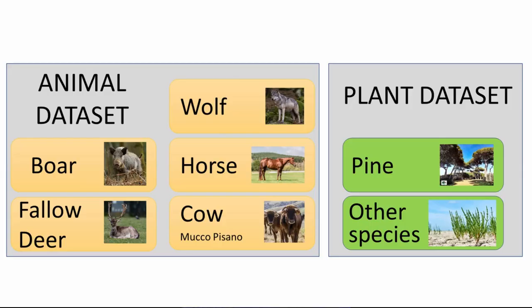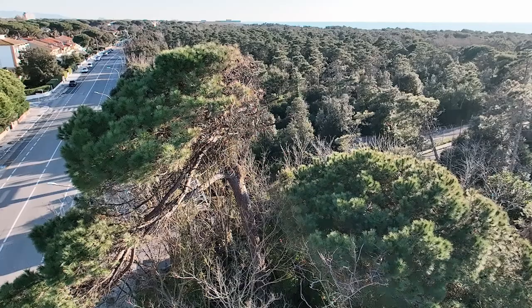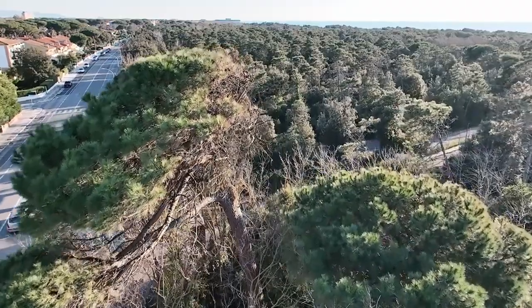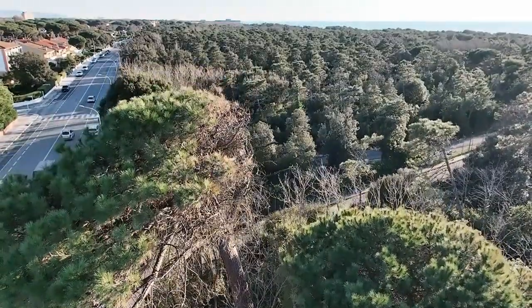Regarding the first 2 activities, so the creation of the aerial dataset and the aerial recognition phase, several animals present in the park were considered. For example, the wild boars, fallow deer, wolves, horses, and the Muco Pisano. But we also decided to evaluate the possibility to create a dataset regarding the vegetation. For example, the pine trees in the area, some of which are affected by the Cocciniglia tartaruga, as well as